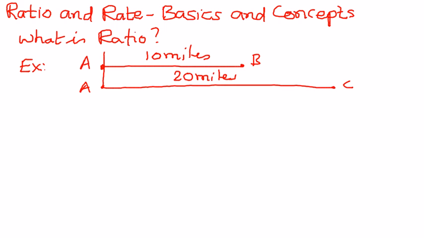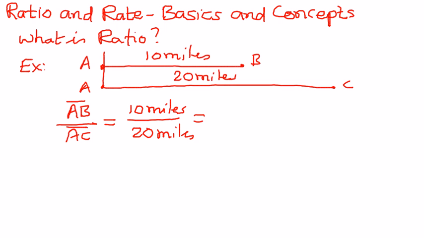Okay, we can write this distance as a ratio. If we were to say distance AB divided by distance AC, and distance AB is 10 miles to distance AC, which is 20 miles,